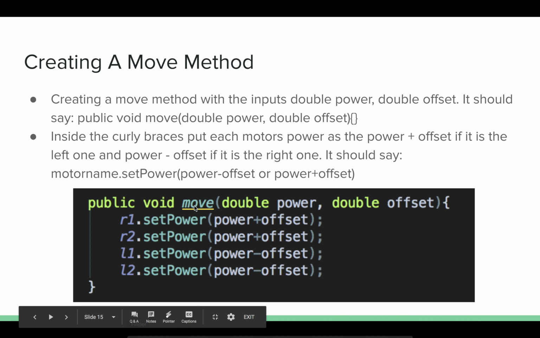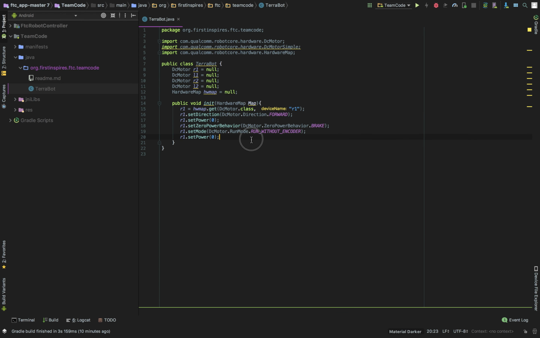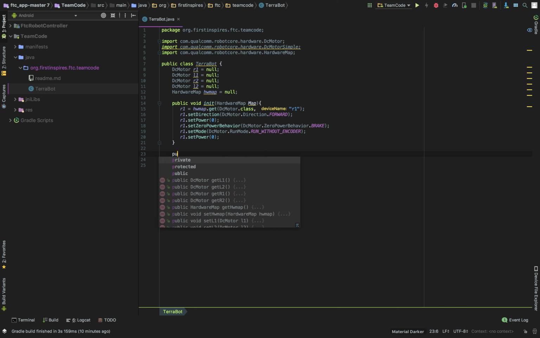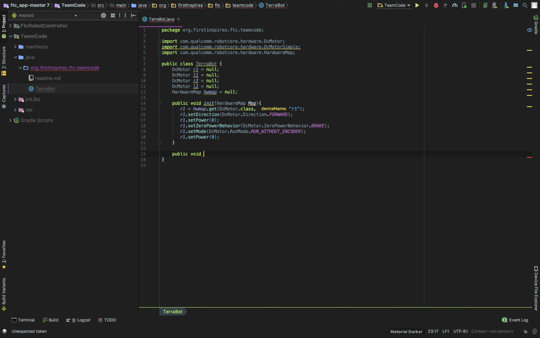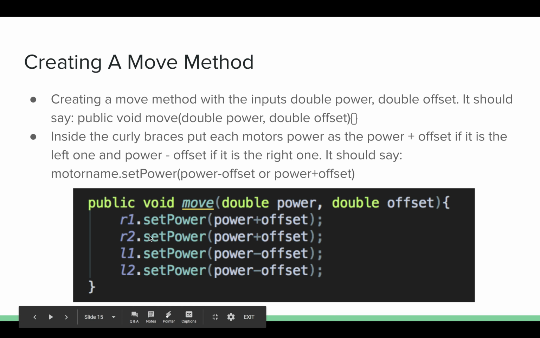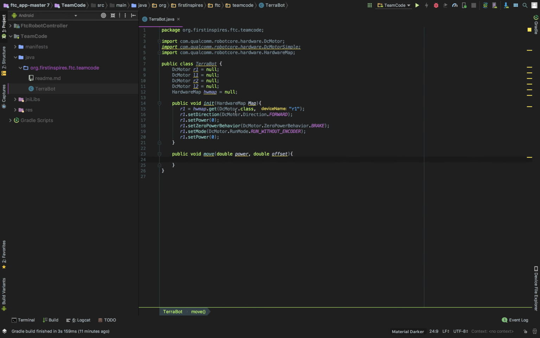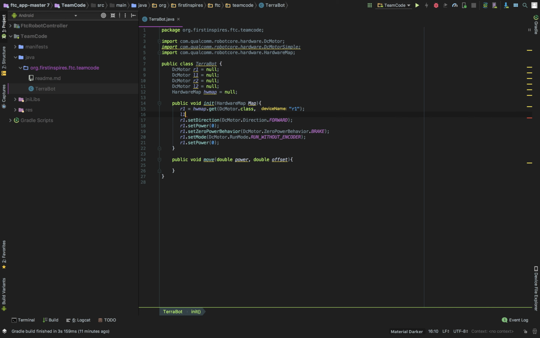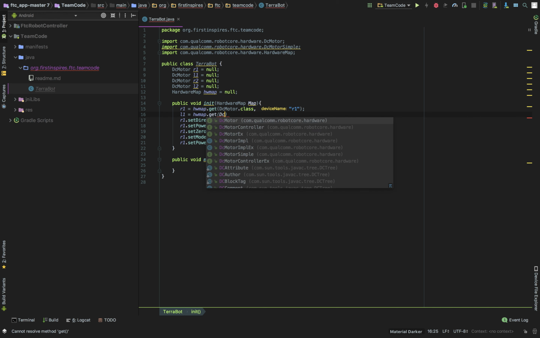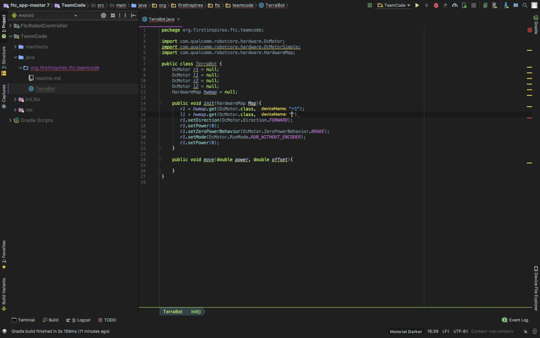Now we want to create a move method. To create the move method, you can just go void move, with double power, double offset, and the curly brackets there. Now I only declared R1, so let's declare the other motor too. So we can use the move method. We can do L1 equals hardwareMap.get(DcMotor.class, "L1"), and then L1